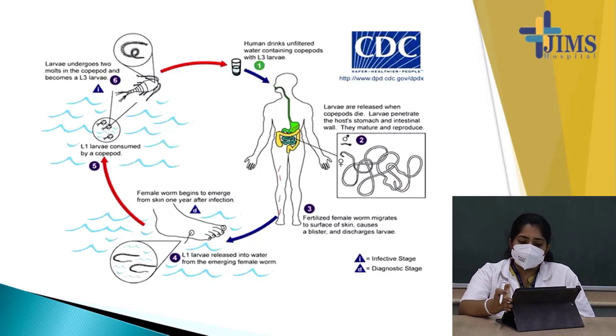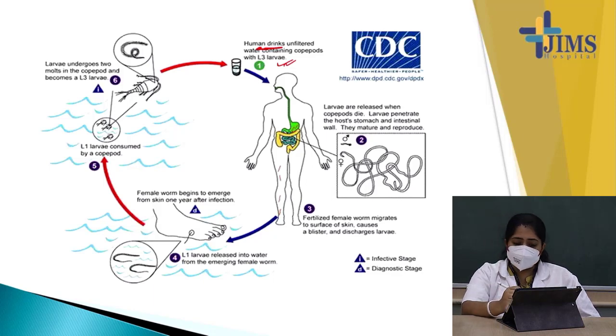This is a picture representing the life cycle. See, the human drinks unfiltered water containing the larva. Now larvae are released in the stomach. The cyclops are digested by the gastric juice and the larva is released. After releasing, they will migrate to the retroperitoneal connective tissues, where they will grow into adult male and female worms, and mating happens,